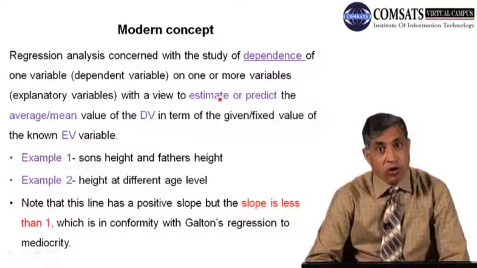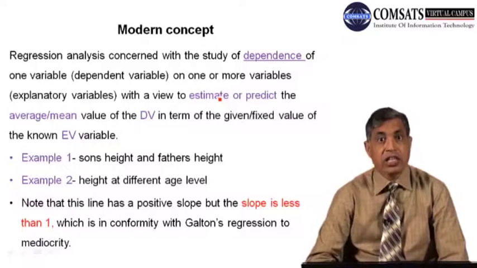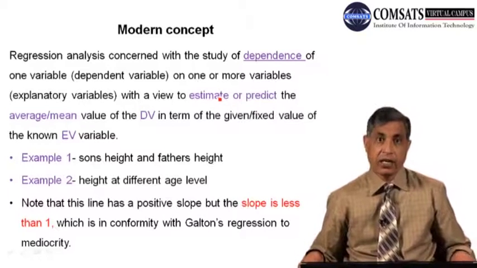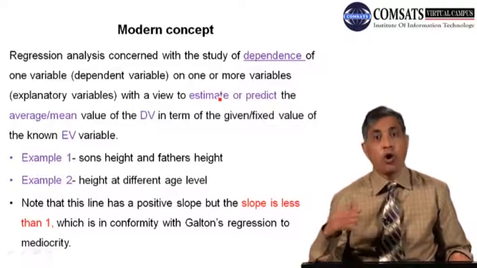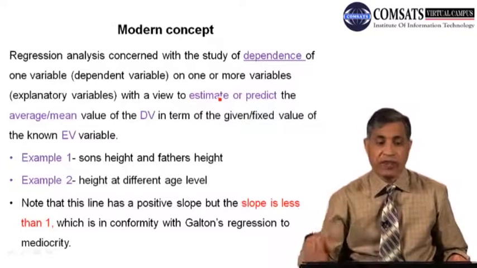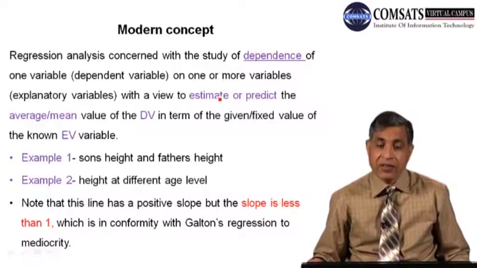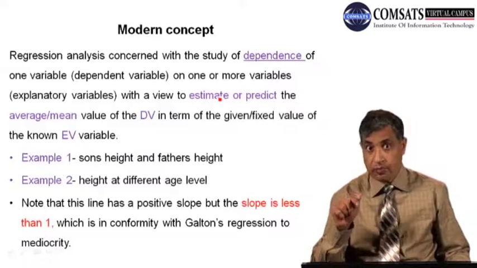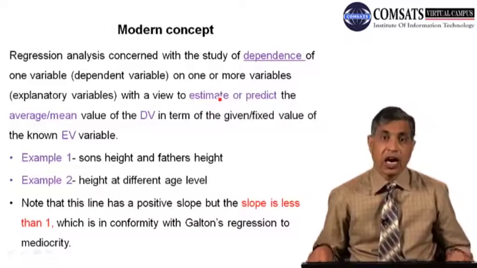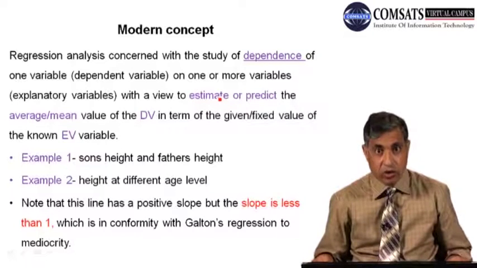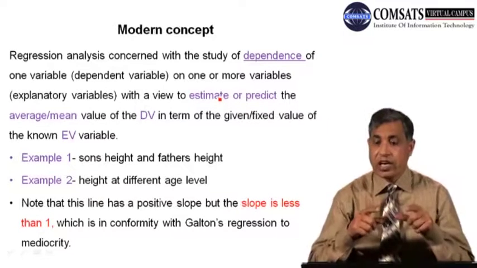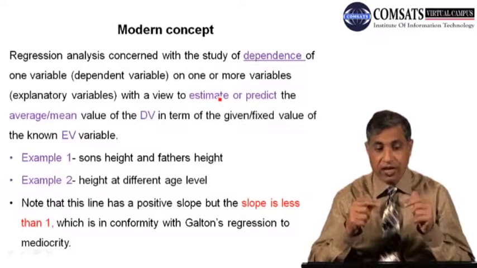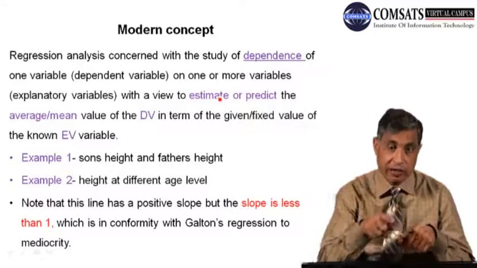In the modern concept we are interested in the dependency of the dependent variable on one variable or more than one variable. And what is our view? With a view to estimate or predict. This is very important: our object is to estimate or predict the average or mean value of the dependent variable